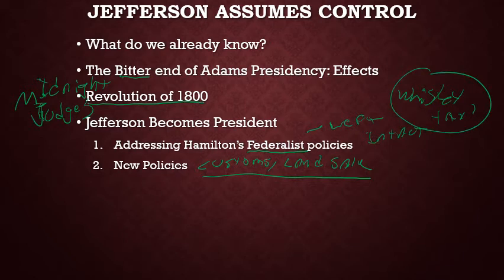Because it's already caused problems. It's already caused dissent. Caused the Whiskey Rebellion. That didn't go well. We have to get rid of the things that aren't working in this country. That's one of the things he looks at this way. All right, so